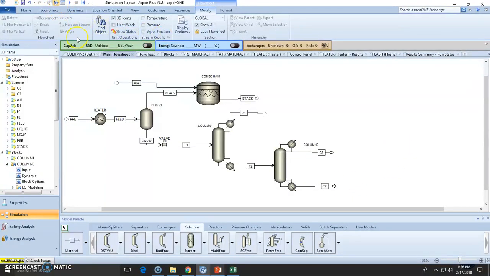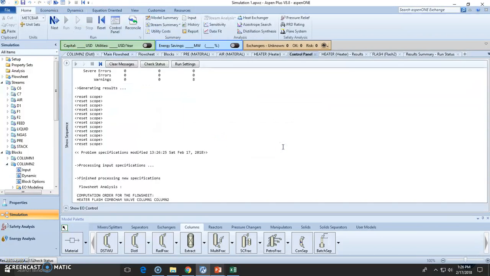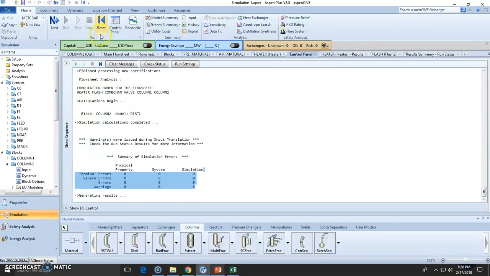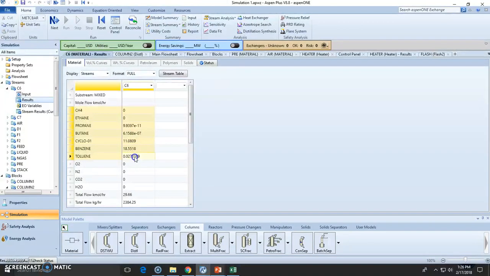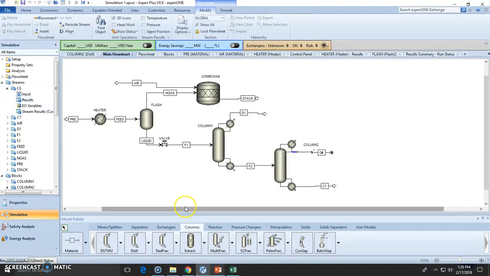Now we run this. Okay, we just want to ensure there are no errors. They are not. So this will be already, as stated, it has converged. This was the distillate or distill